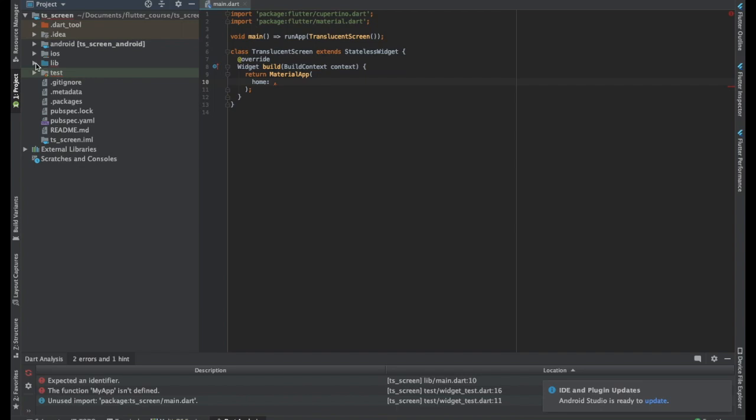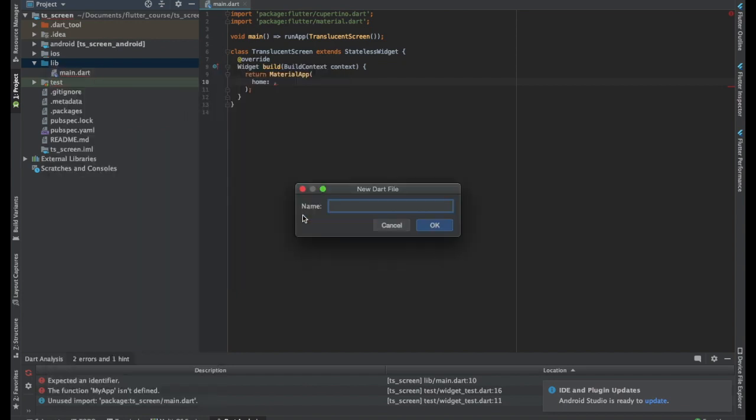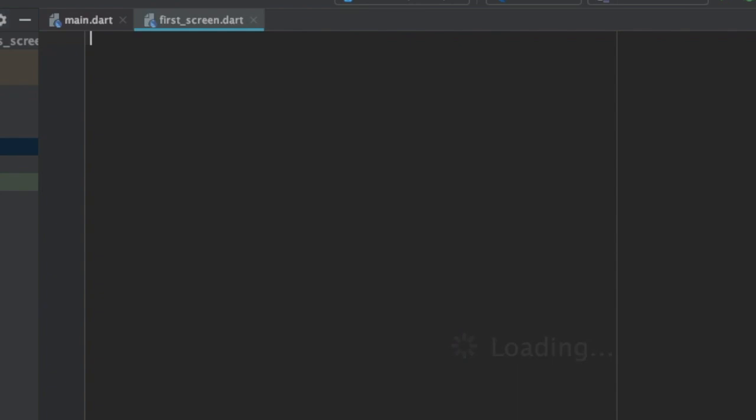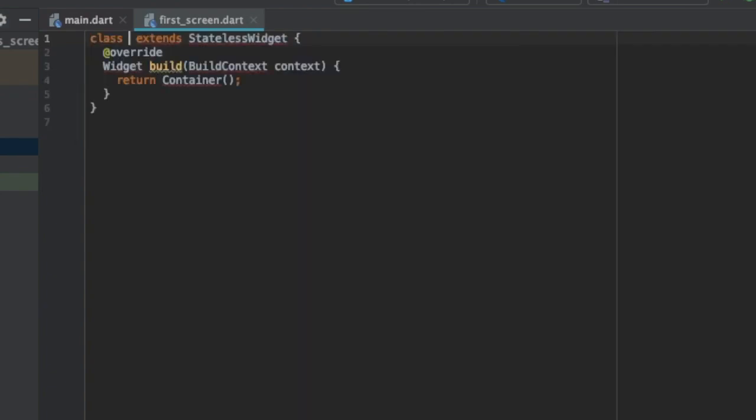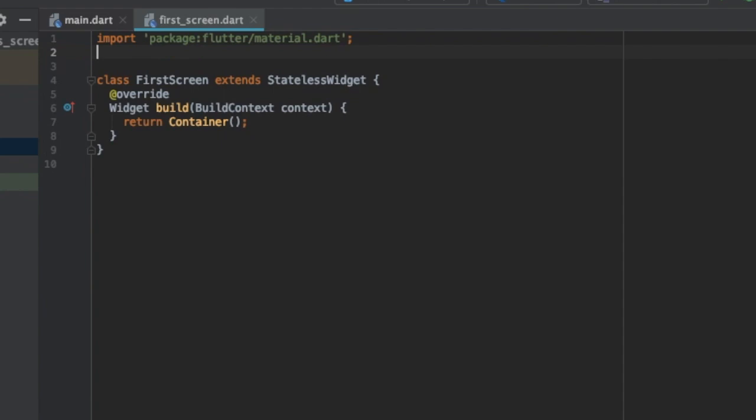So in our lib folder we are going to create a new dart file which will be our first screen. I'm going to create a stateless widget because we don't need to maintain the state. First screen, let us import material right now, and we will also be needing Cupertino.dart in future.